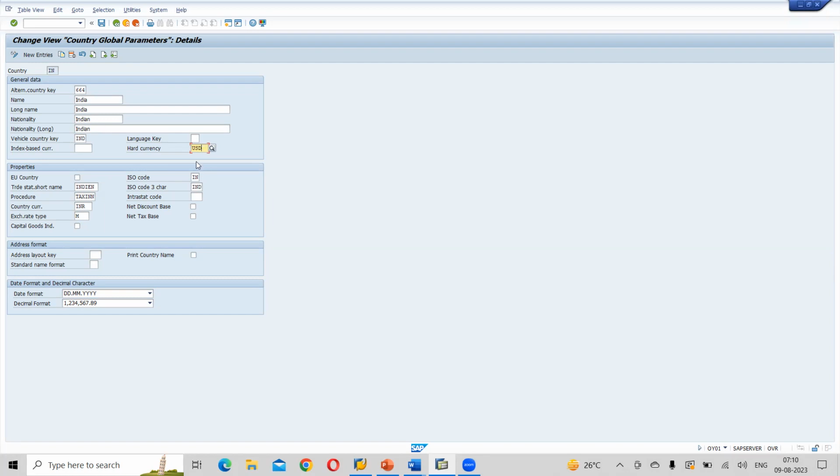Correct. See, if our market is a local market, our business is only in India, and we are only doing transactions in India, not any global transactions, then probably your hard currency will also be INR. But if you are doing exports, imports, and everything from across the globe,